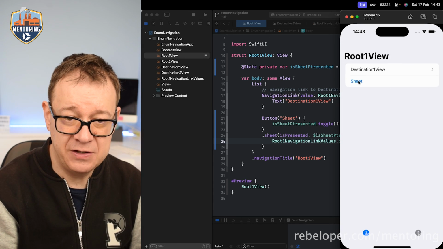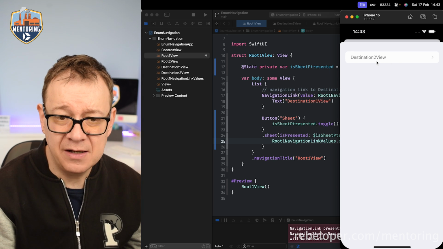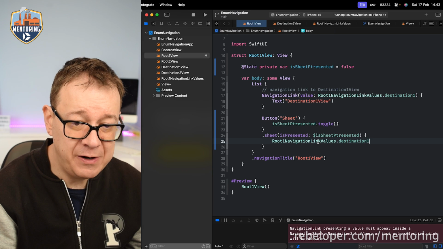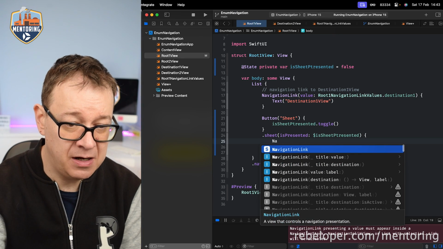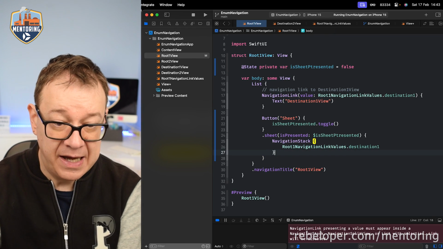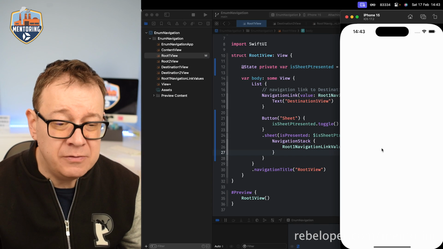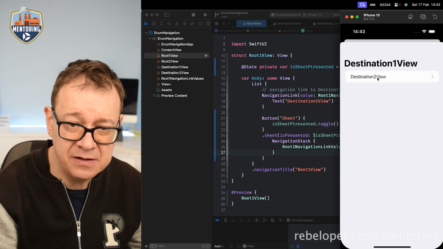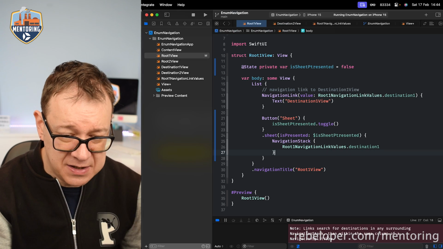And then we have this sheet right over here. As you can see, destination to view. Of course, this is grayed out because we are not inside the navigation stack. So let's just fix this real quickly. And then we are going to move away from this regular, usual way of building out sheets. As you can see, now we have destination to view, and of course, because we did not set up navigation, the destination link